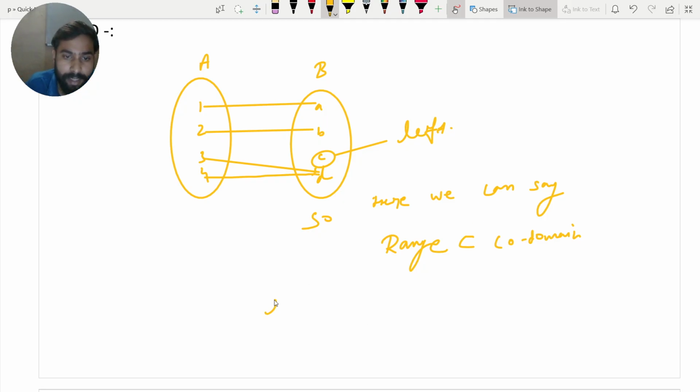In this case, the function is into. Okay, thank you.